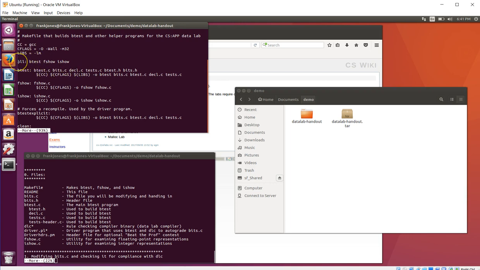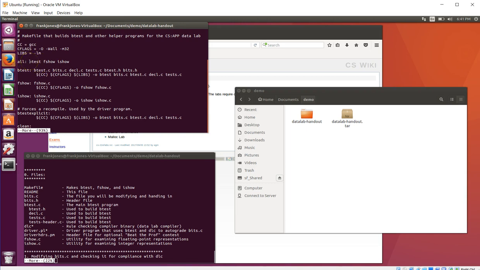If I were to type the word make, that would invoke the make utility, and it would look inside of the directory where I am currently working, the working directory. It would look for a makefile with a capital M. And the default is to execute the first rule if I haven't given it a rule. Actually, I'll have to double check on that. I think the default is to execute the first rule. It could be to execute the rule called all. I'll have to double check that. At any rate,